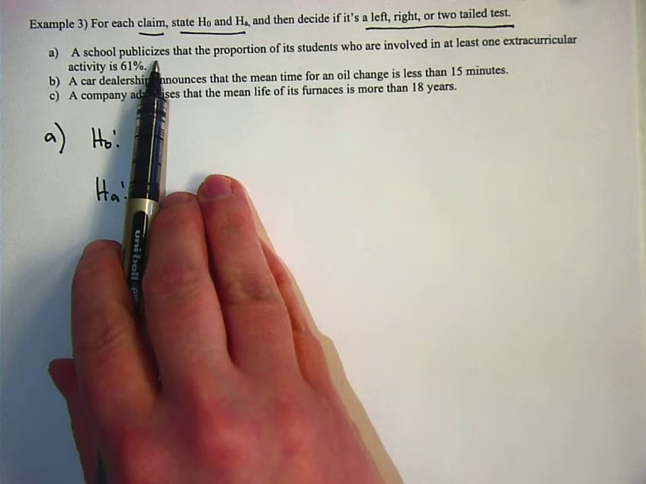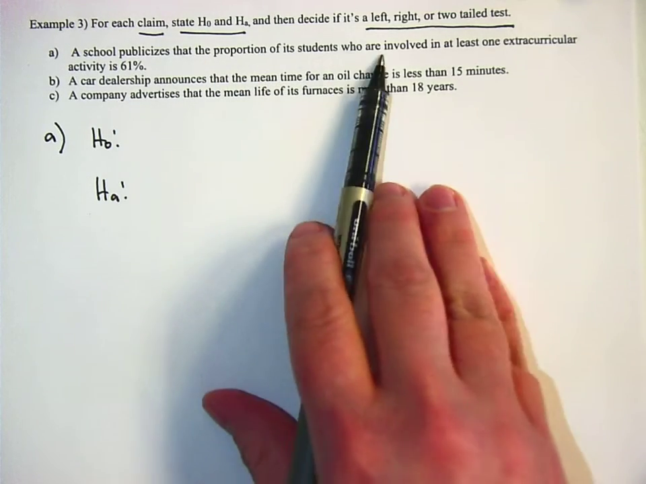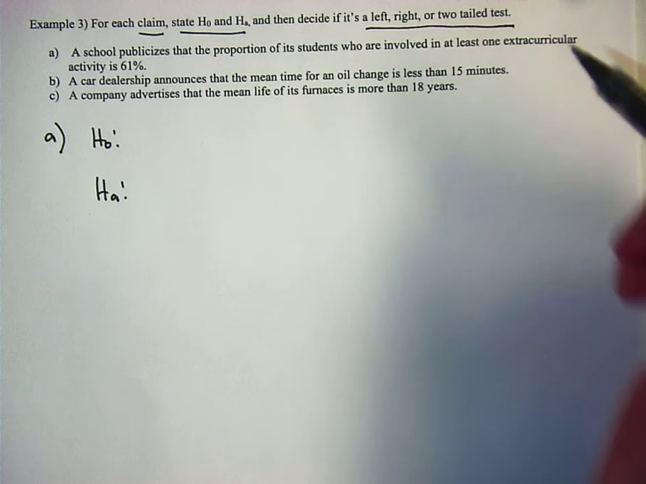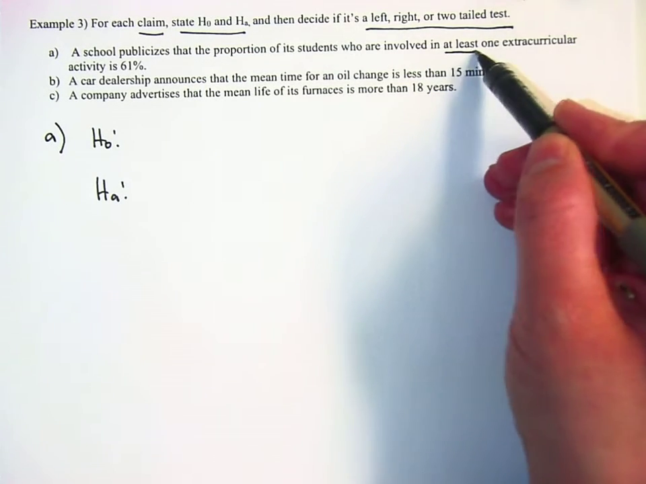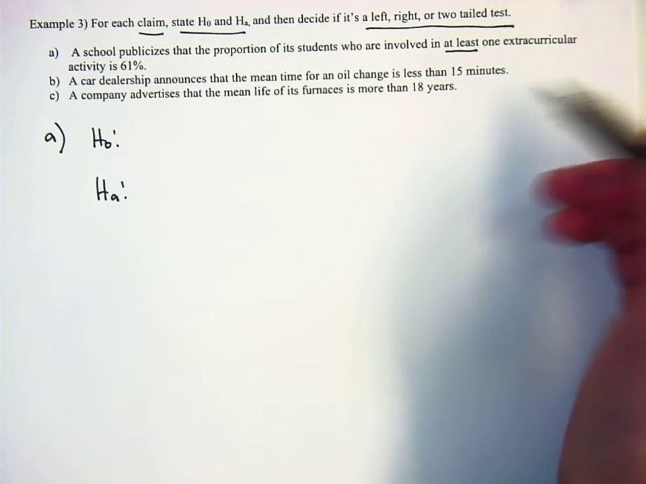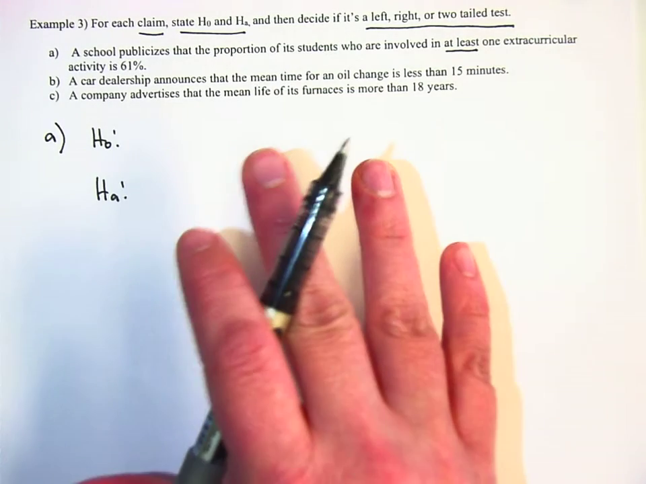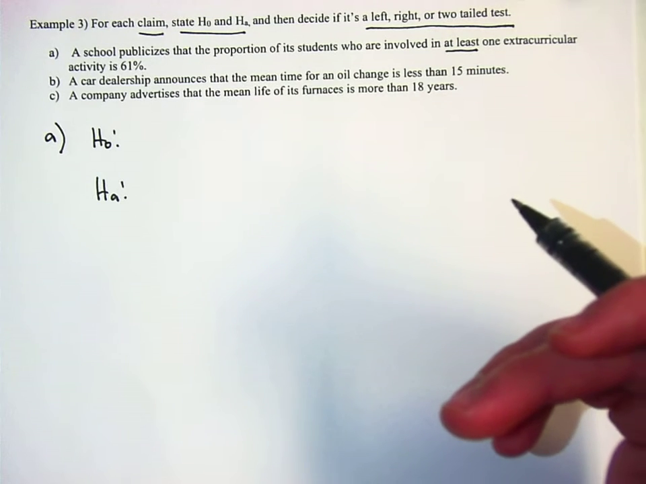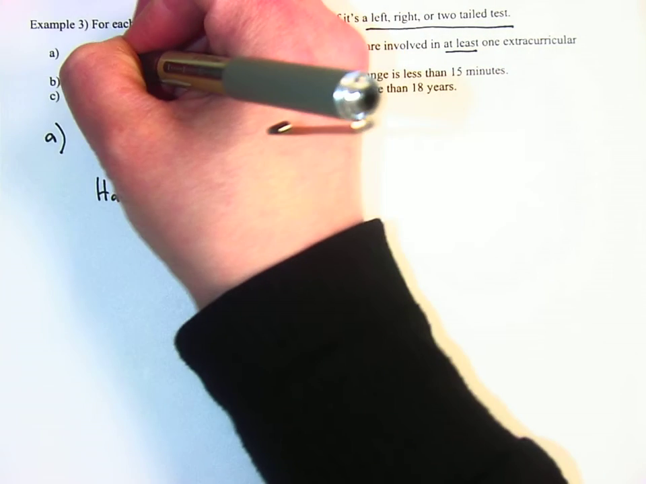A school publicizes that the proportion of its students who are involved in at least one extracurricular activity is 61%. Now this one is confusing because it says at least, which makes you think, oh, that's greater than or equal to, but they're not asking how many extracurricular activities they're in. They're asking kids, are you in at least one? And if they say yes, then it's a yes, and if they say no, it's a no. So the real word here is